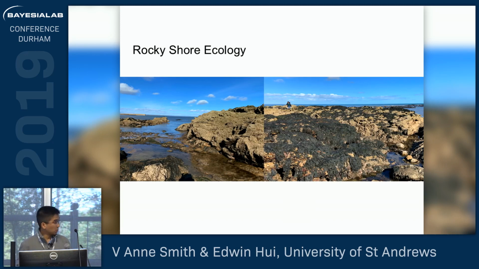And rocky shores are actually really good to study these kinds of things because a community on a rocky shore is generally very species poor. At best, you'd have maybe 5 to 6 interacting species within a community, but the level of interactions between these species is very, very rich. So it's going to be extremely easy to experimentally manipulate to study ecological resilience.